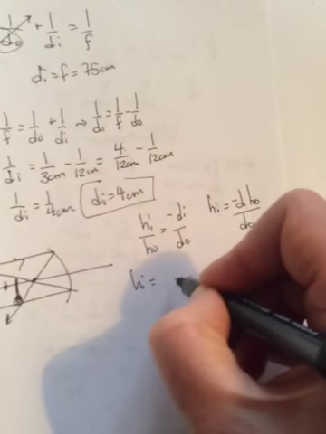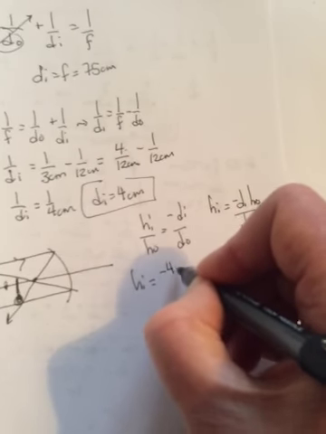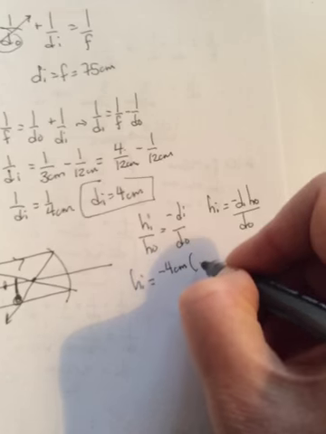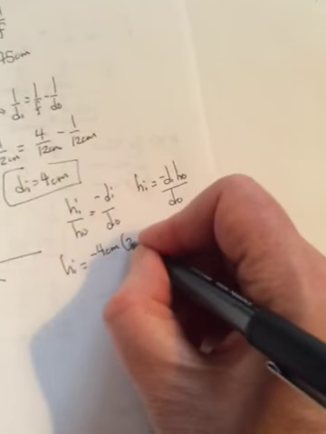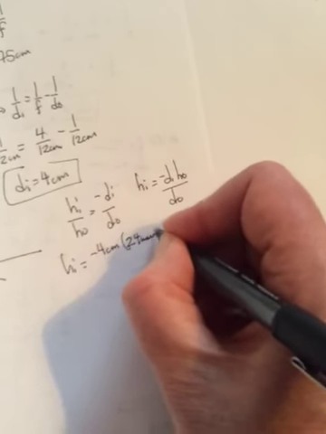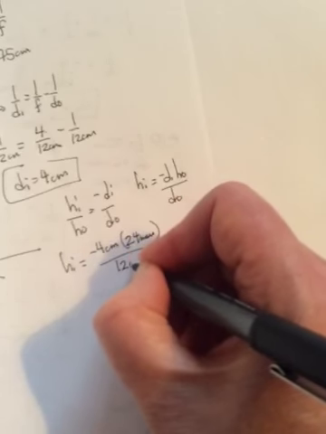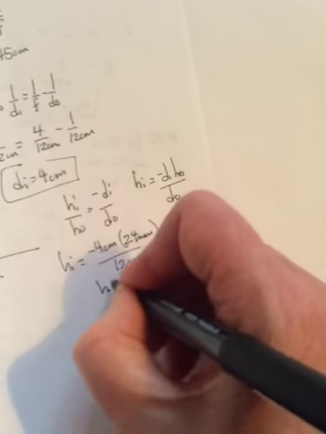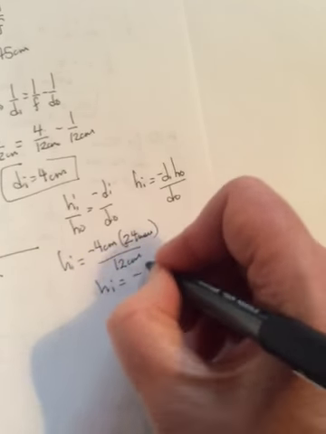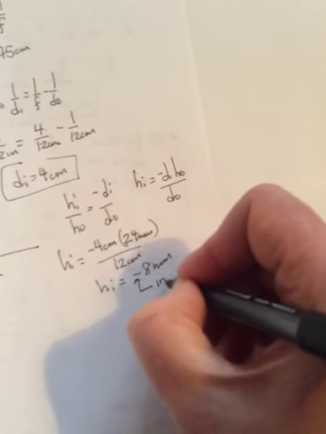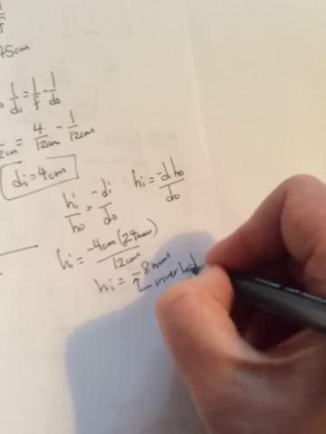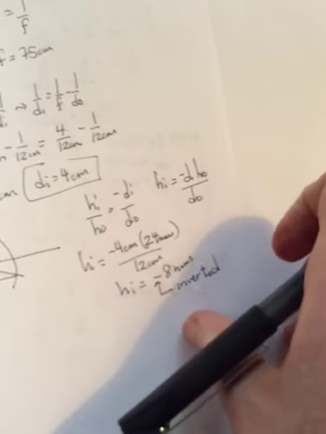So HI equals negative 4, HO, they told us, was something that I don't remember, 24 millimeters, and DO was 12. So HI ends up being negative 8 millimeters, where the negative means inverted. Okay? All right, number 7